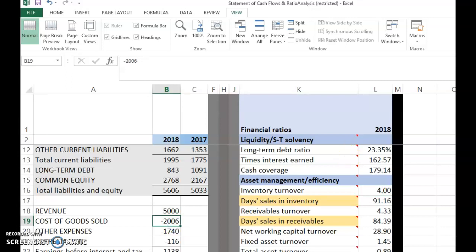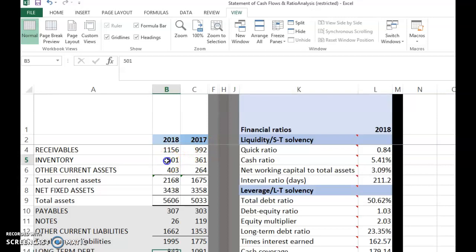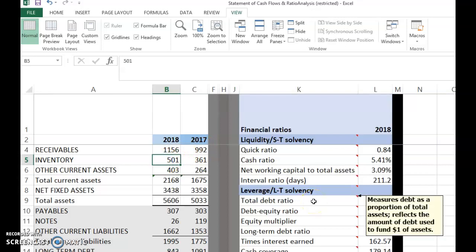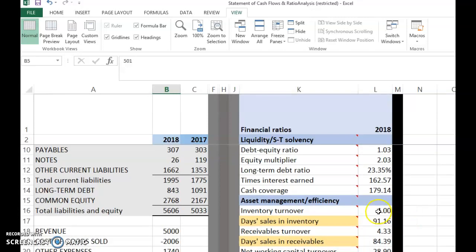Okay, so the inventory that the company has at the end of the year is 501. This means this inventory must be sold and then restocked and sold again roughly 4 times. This is rounded to 2 decimal points, therefore 4 times, in order to achieve this cost